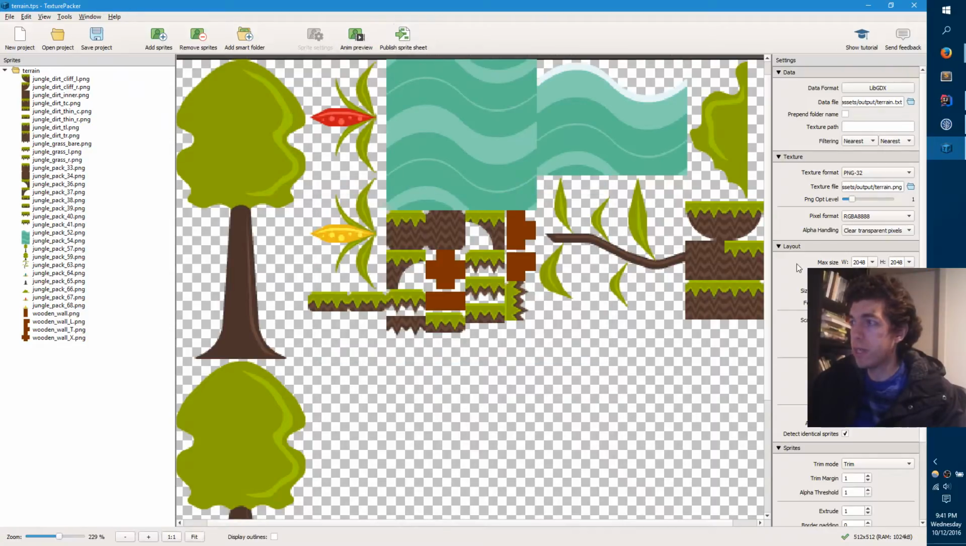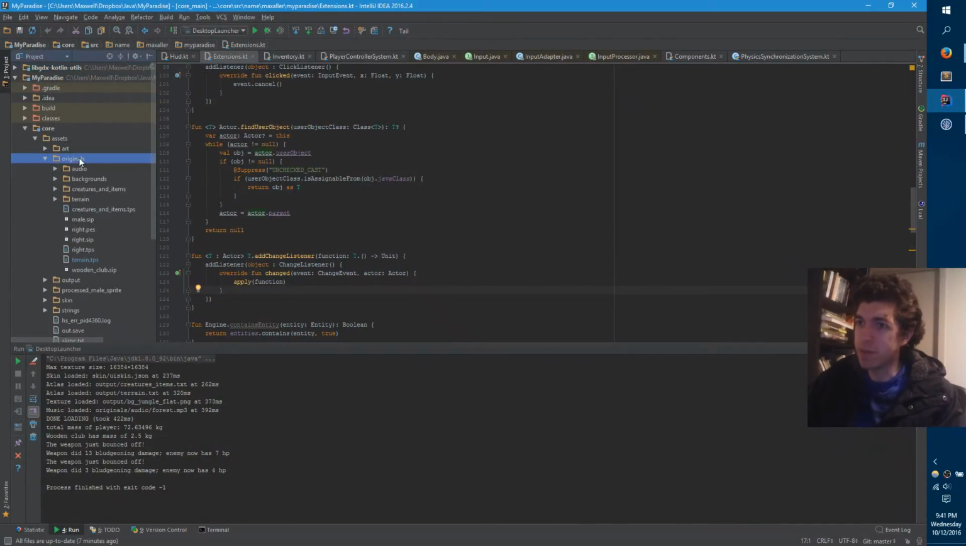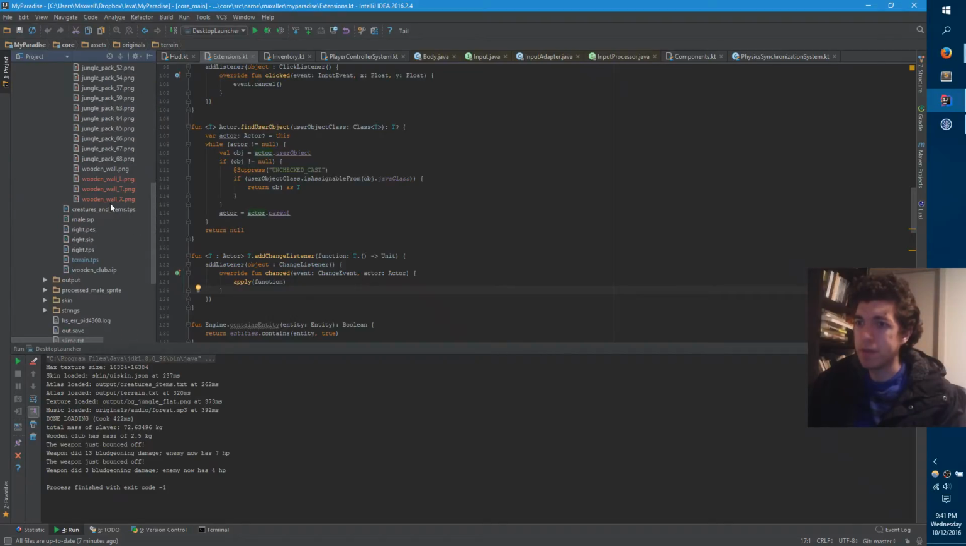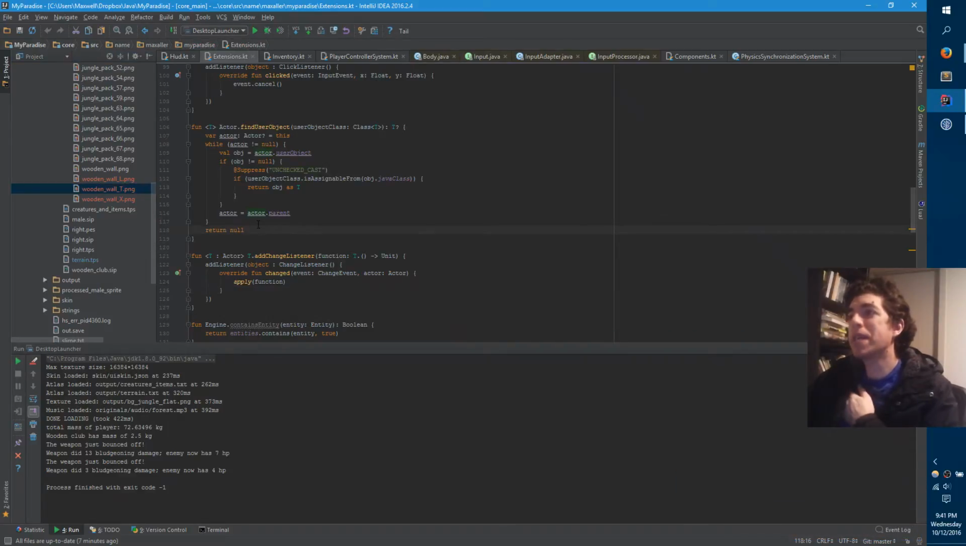Publish, and looks good. So, well, now all I have to do is remember what they're called. Yeah, these guys. So the way I was thinking of doing this is every time you place a tile, you like